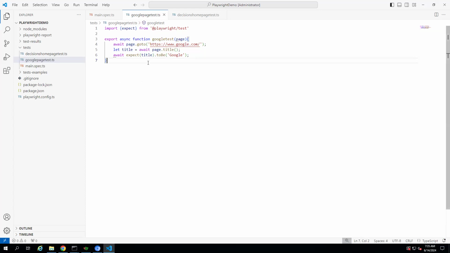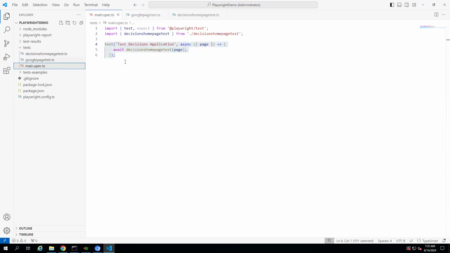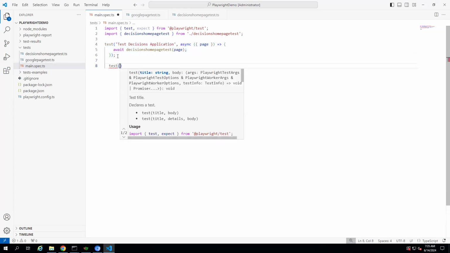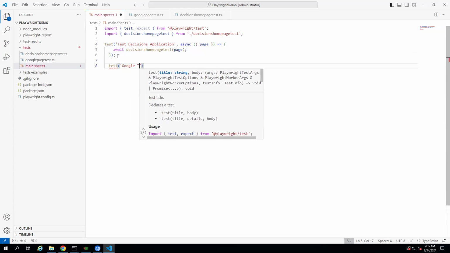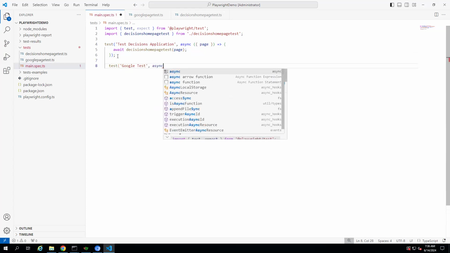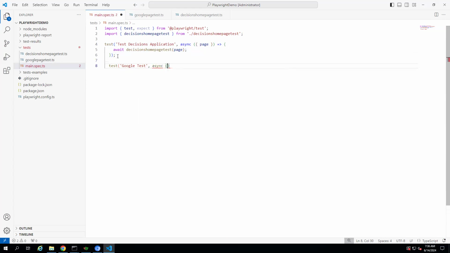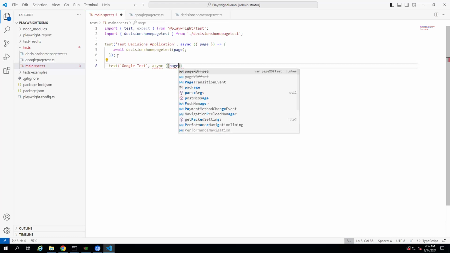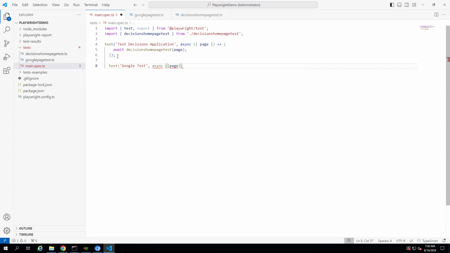Okay. So far so good. We are able to write one more test, but again, it's not part of our test suite. So here we'll go ahead and add a test here. Say Google test, some name like this, comma, async. Now here also I'm creating a function, but this function does not have any name. It's called as an anonymous function or arrow function. One of these two you can call it. So then